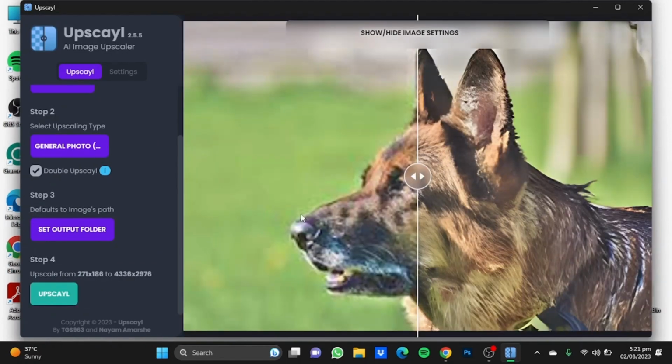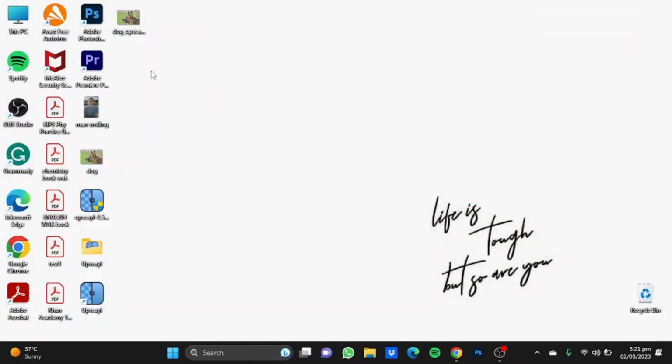Now, once the upscaling is done, you can see the difference by swiping this cursor here and here. This is the old picture and this is the new picture. So the picture will be saved where you selected the output folder to be,